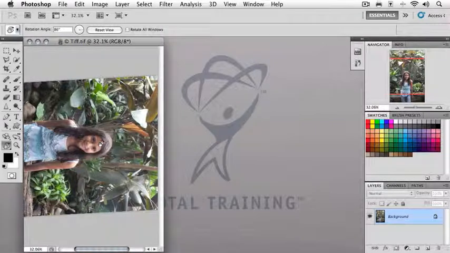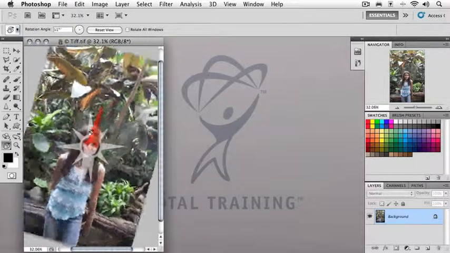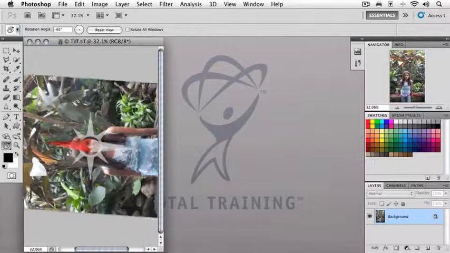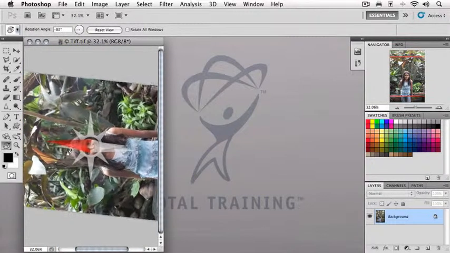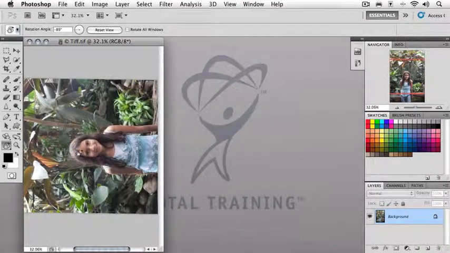That is a permanent change to your image. With the Rotate View tool, we are temporarily rotating the view of the image. This is not saved. We're not altering any pixels. This is just for on-screen purposes only. So if you save the file right now and open it back up, it will show up in its original